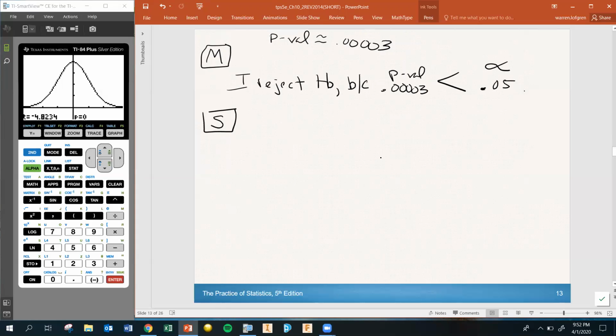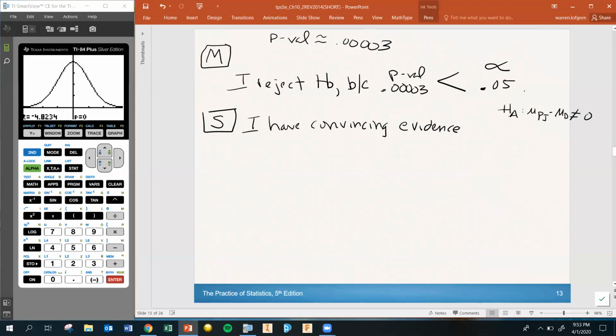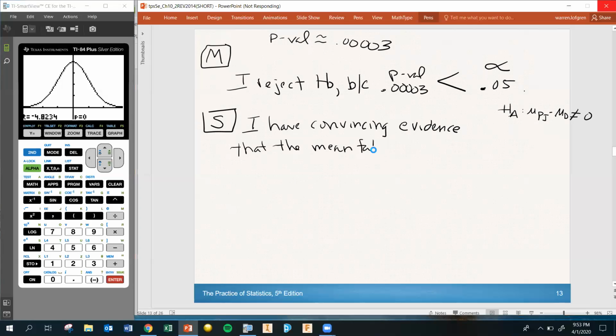So what does that make me think in the end? What do I say in context here? Well, if I reject the null hypothesis, then I'm going to say that I have convincing evidence for the alternate. But remember what the alternate said. The alternate said that the mean of Papa John's minus the mean of Domino's was something different from 0. In other words, those two mean amounts are not the same as each other. They are different. So I'm going to write that I have convincing evidence that the mean fat,